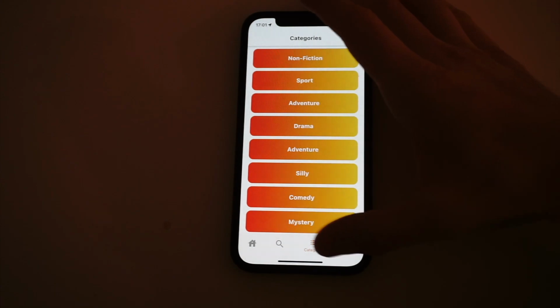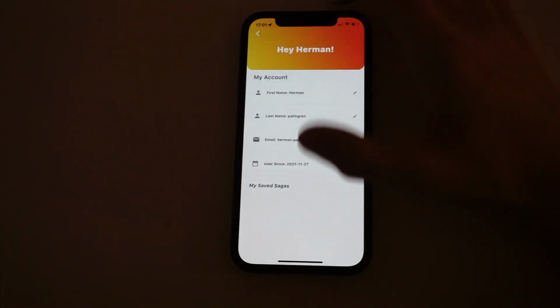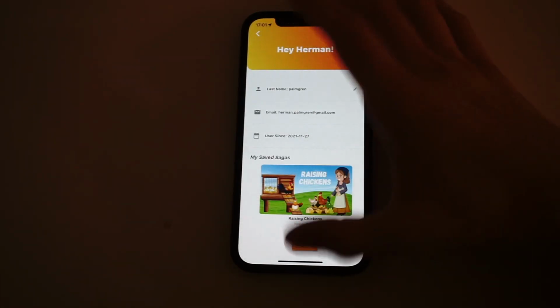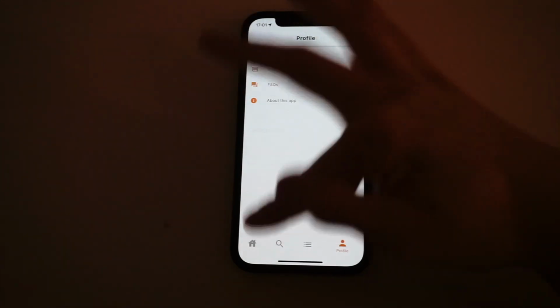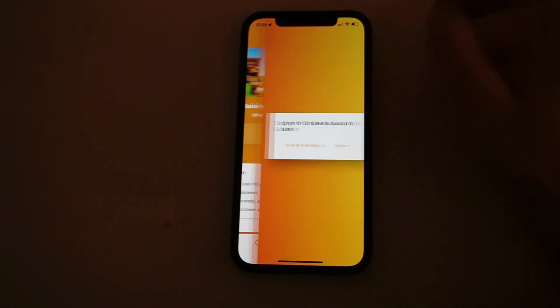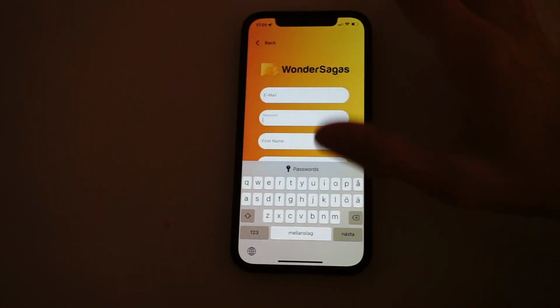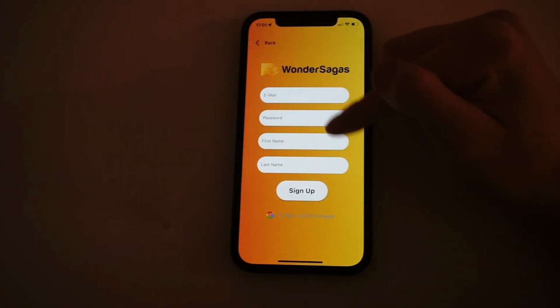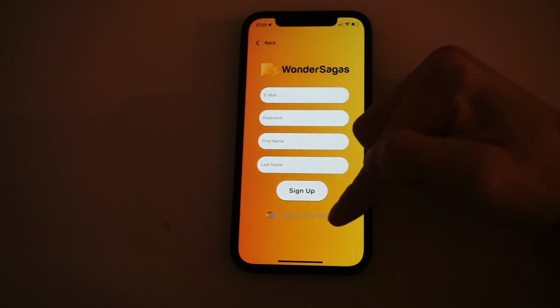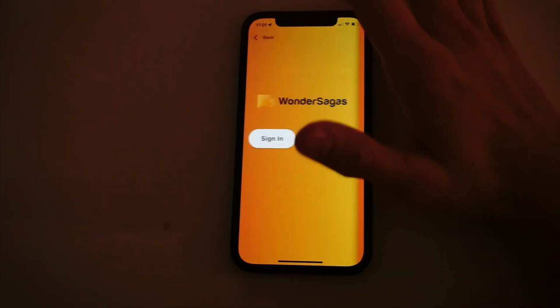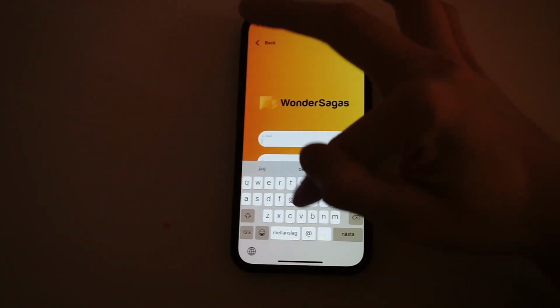Then, for example, we can go to account details, we can log out. Now we'll be signed out of the app, so now if I try to listen to a story, I will be prompted to sign in or sign up. So I can either sign up and enter my details here: email, password, first name, last name, sign up, or I can sign in with Google. But let's pretend that we want to sign in and we want to take my